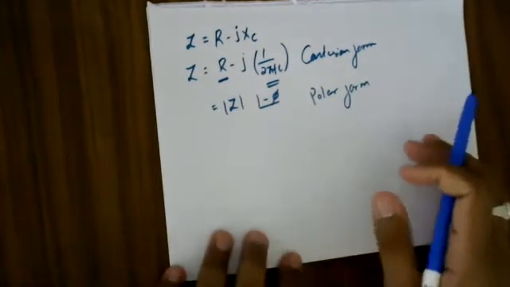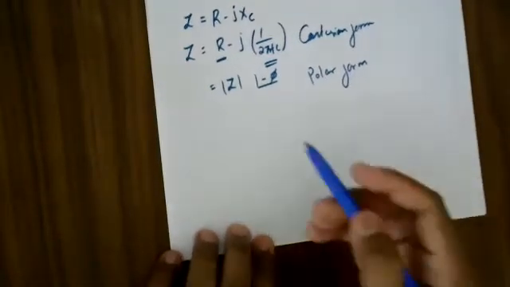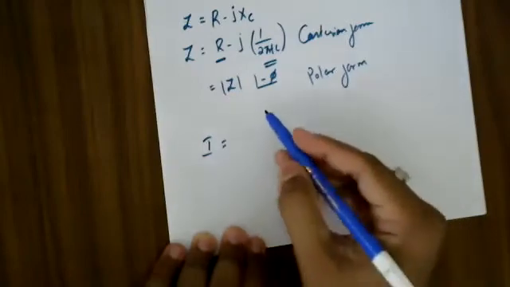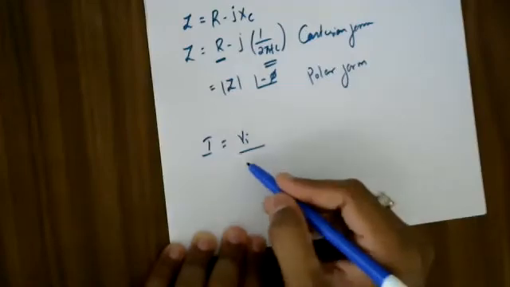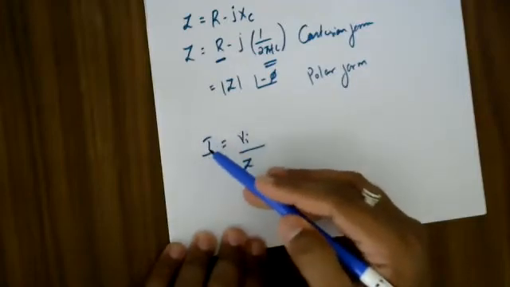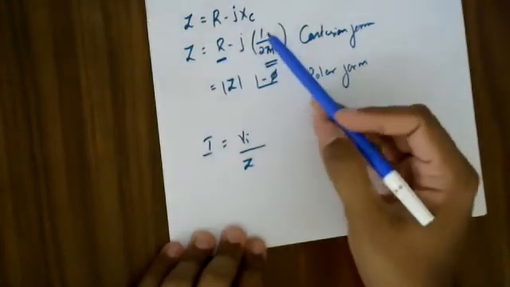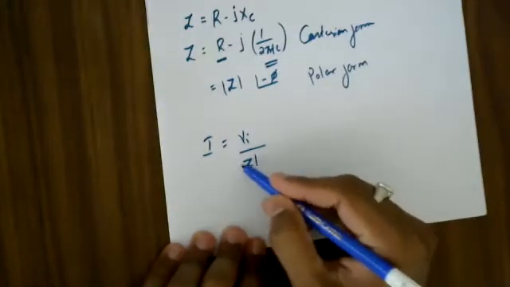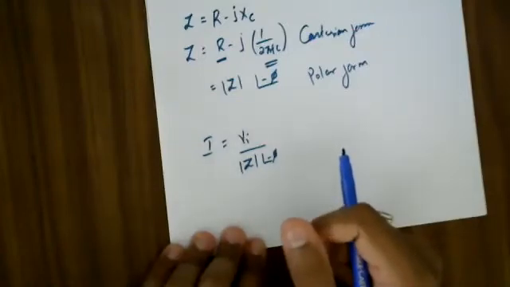Now if I want to identify the value of the current I which is going to flow in my circuit, I is equal to VI divided by the impedance. I am using simple Ohm's law: V is equal to I into R, so I want it for I. I is V by R. But I'm not only having R, along with the R, I'm having some amount of reactance. That's the reason why I'm considering this impedance. So I can write this as mod of Z at an angle minus phi.